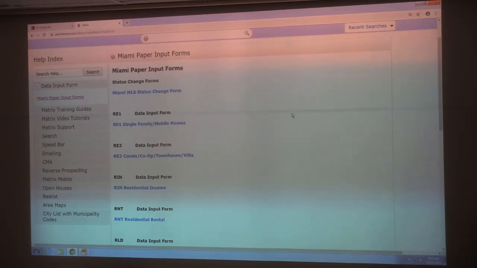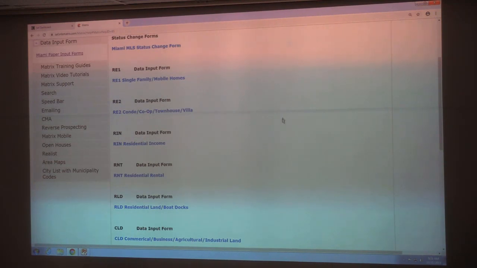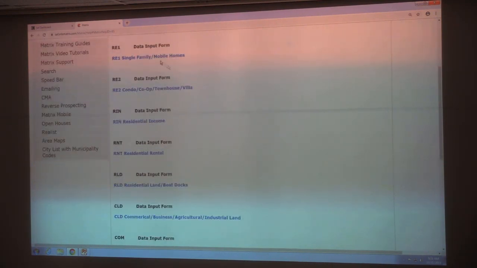So what that means is if I have a listing and I need to sit down and enter it digitally into Matrix, you might not know what fields are required and what fields are optional. So before you sit down to enter it, you may want to use one of these forms to take notes and keep track of the information you need to add the listing into the system. This is also a really great way for me to make sure we all understand the property types that we have in our system. So for each property type, there is a form, and I'm going to skip down